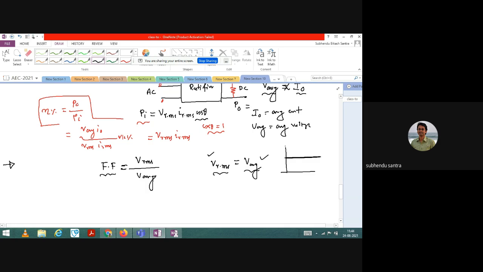If somebody asks you, this is a very important question, let us say this is T and this is VI. Somebody asks you what is the RMS value of the signal, what will be your answer? The signal will repeat for T tends to infinity, so I can directly say that Vrms equals V average here, which is equal to VI. In this case you have an ideal supply, that means you do not have any AC component present, so the form factor will be unity. Ideally you want a form factor which should be unity.